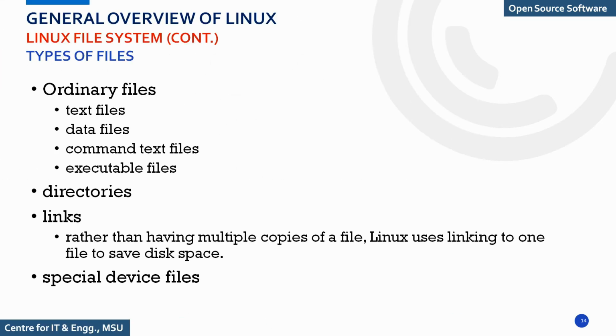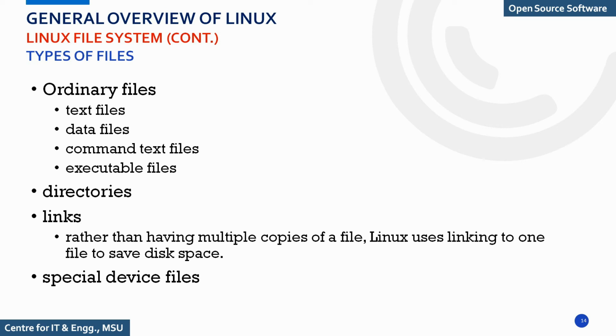The types of files that are available in Linux are, first, ordinary files. You can have text files, data files, command text files, and exe files, that is executable files. The next type is directories. The third one is links. Links means rather than having multiple copies of a file, Linux uses a link to one file to save disk space. And the last one is